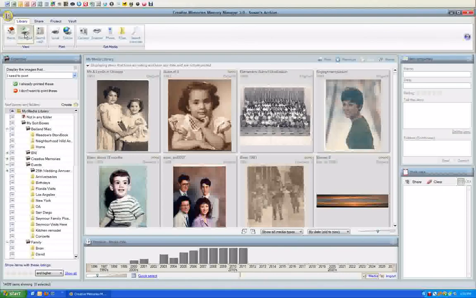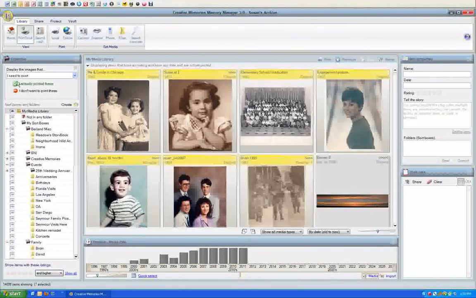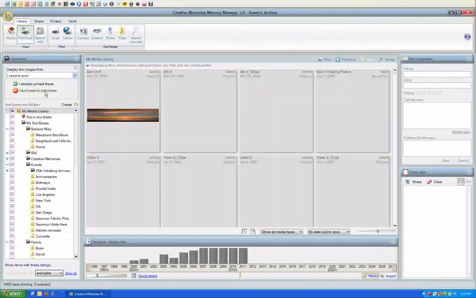website that's associated with the program, it'll ask me, do you want to mark these pictures as printed? And if I'm printing them somewhere else, which I often do, then I can just go in and mark them as printed. So right now I'm looking at 14,000, almost 700 pictures that it says I need to print. I'm probably not going to print any of these pictures, but I can go in and select these pictures. For example, I'm selecting these, and I can just say I don't want to print these, and they'll take them